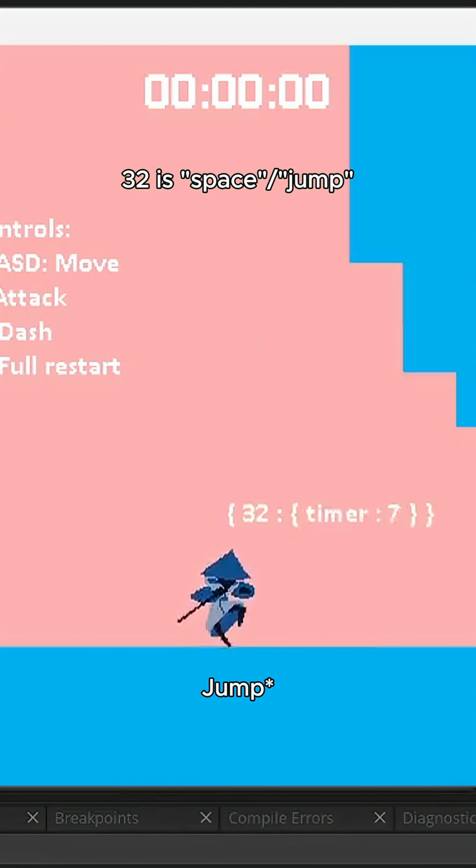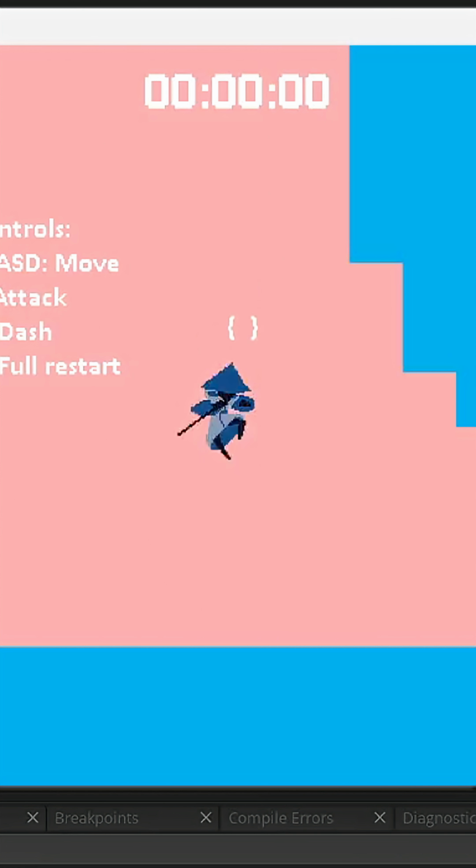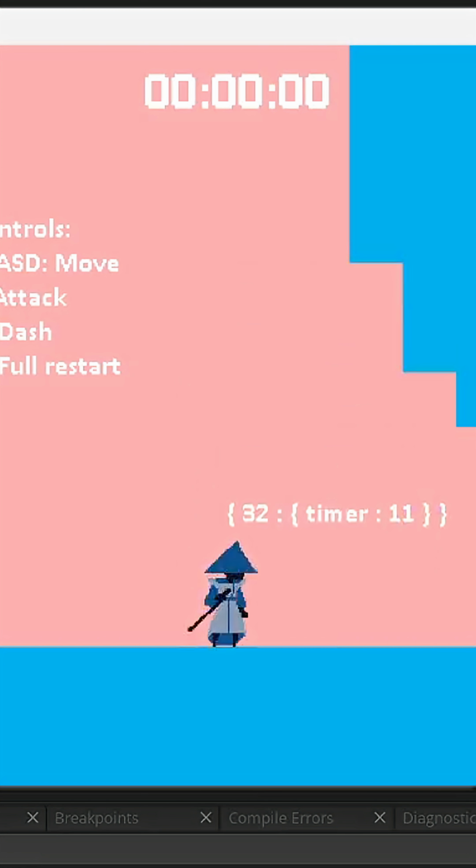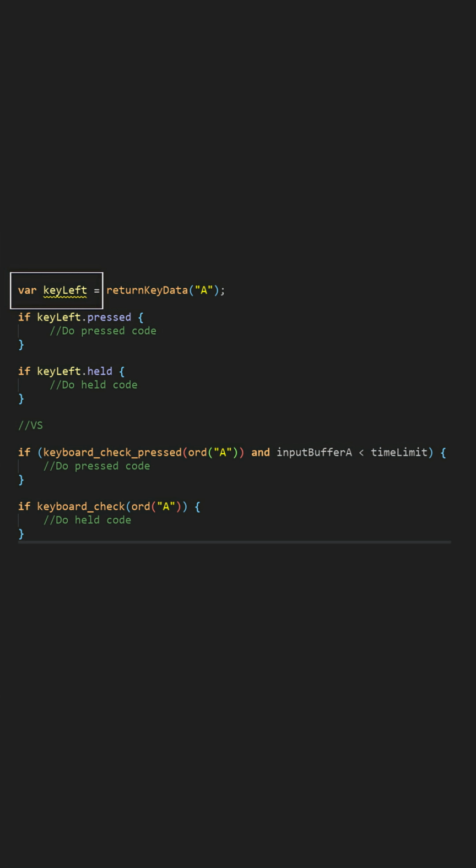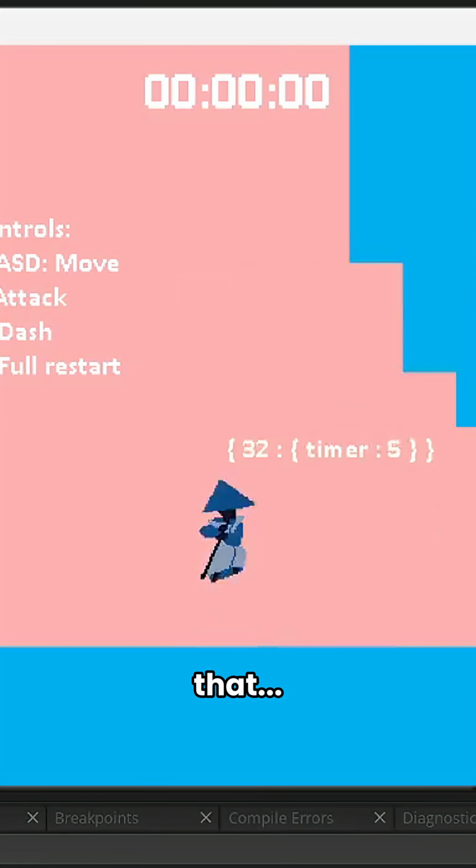And if you go frame by frame on this system, we can see that it works really well. Another benefit to this approach is that the input is really readable. As you create it, simply put it in a variable with this function and enter the desired key. And just like that, we created